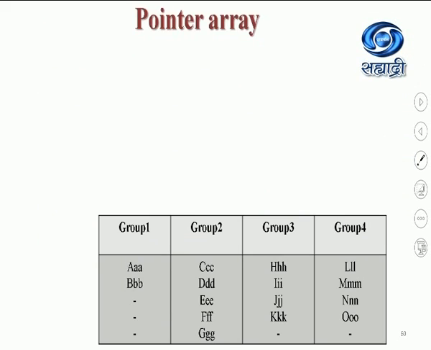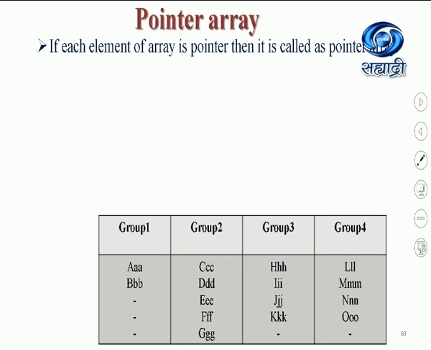The next point is pointer array. What do we mean by pointer array? Here you can see that there are 4 groups. These groups are divided according to one particular criterion. For example, we are going to make groups for a company. Then what is the criterion? According to the designation of employees, or the qualification of the employees. Suppose according to the designation, I divide these employees into 4 groups.